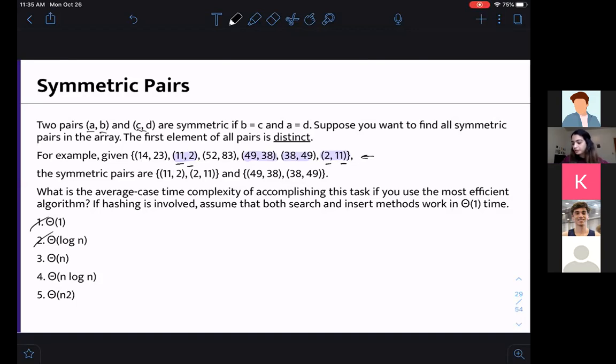Now what we can do is go through the list of pairs and save them in a map, where our map goes from A to B. We look at the first pair and save 14 goes to 23. Now when we look at the second pair, we save it in our map, but we also want to see if there's a symmetric pair already existing in the map. So we look for a key of 2. There is no key of 2, so we know there's no symmetric pair for